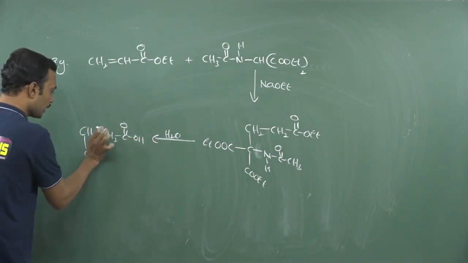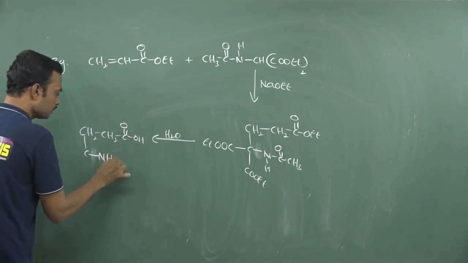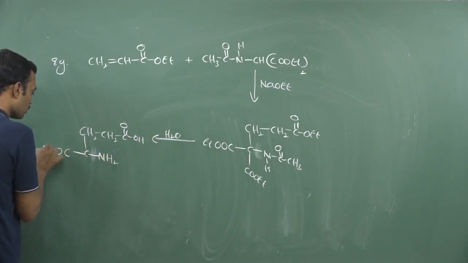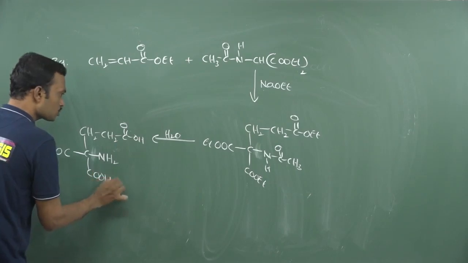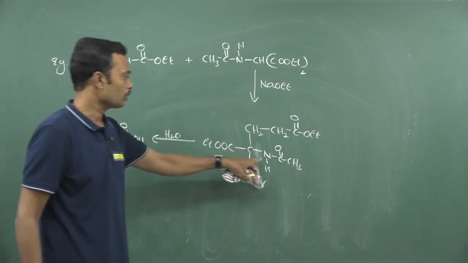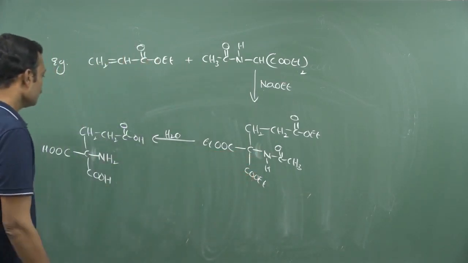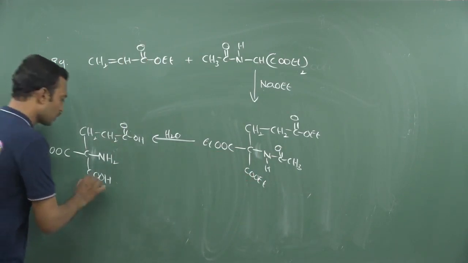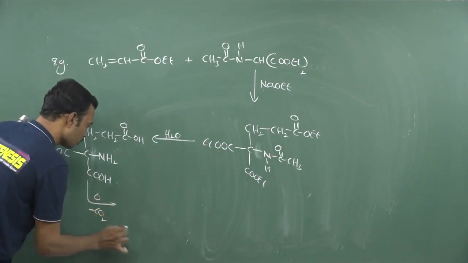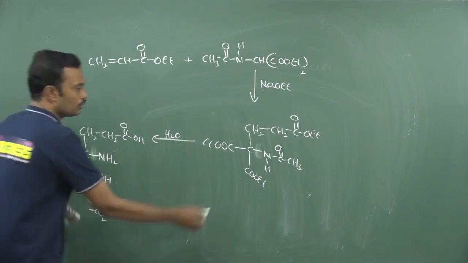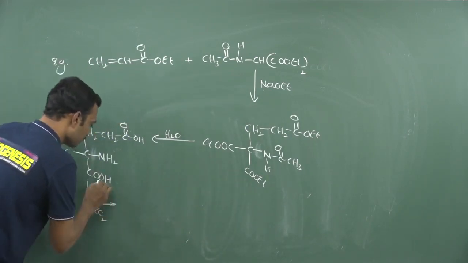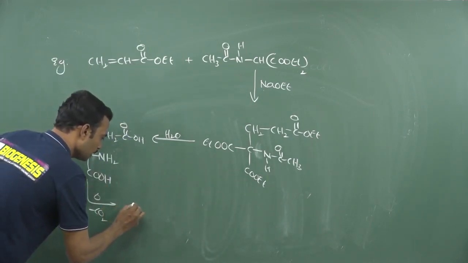Now this will carry an amine group on the right side, and here there is a presence of carboxylic acid, and here also there is a presence of carboxylic acid like this. Okay, now here there is a presence of carboxylic acid over here. So on heating, there is a loss of carbon dioxide like this. Now here 2 esters are there, so definitely this is going to be liberated like this.